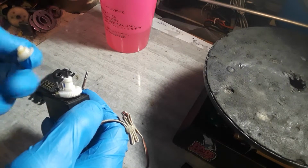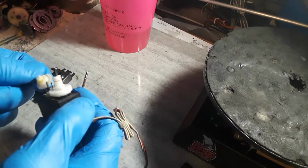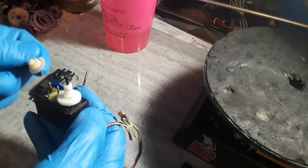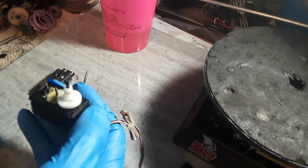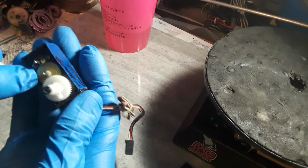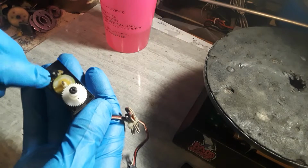Normally they end up eating up this gear here at the bottom where it drives it at. So real quick, we're going to stick it back together here. It normally ends up biting that little gear right there and knocking the teeth off of that one, which in